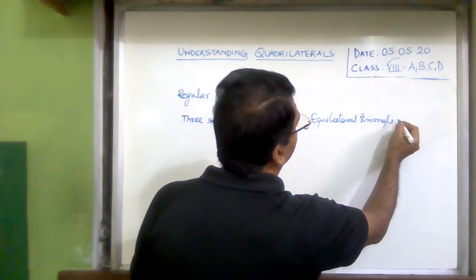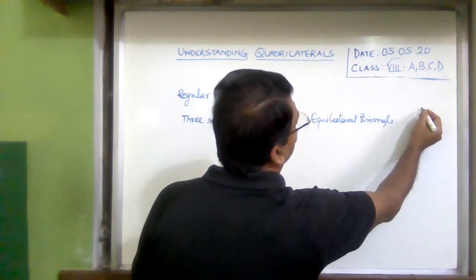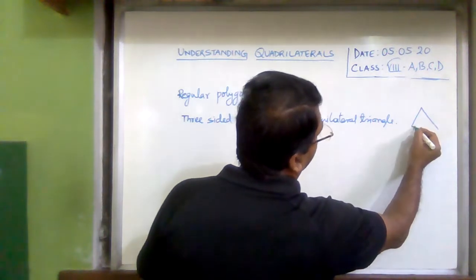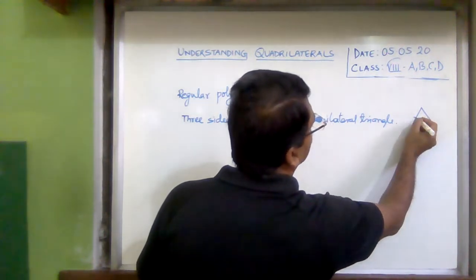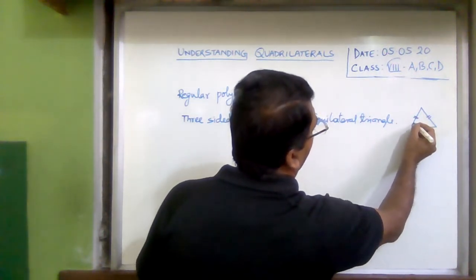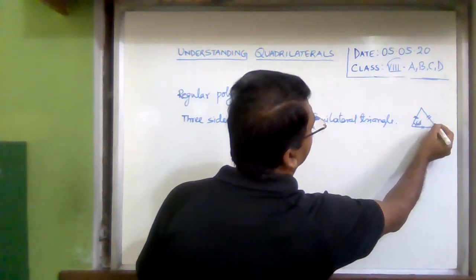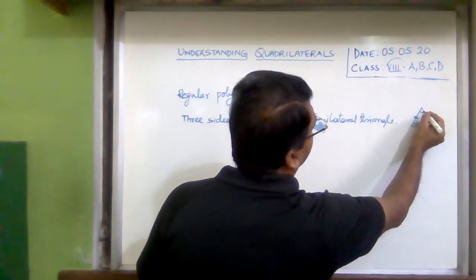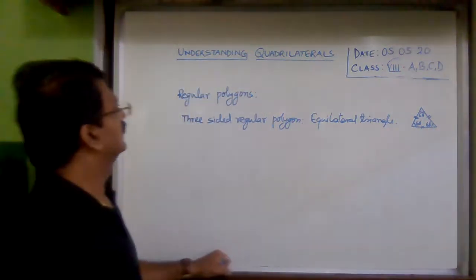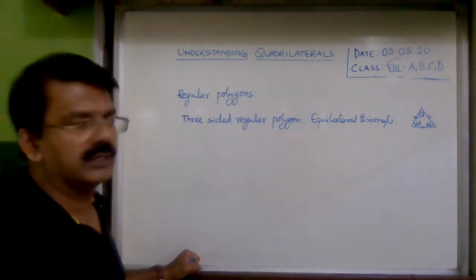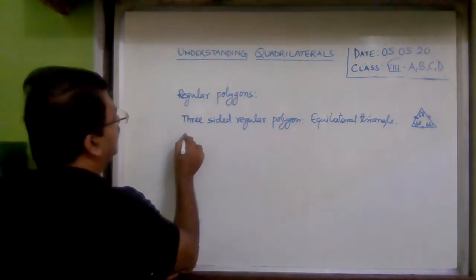It is an equilateral triangle because in an equilateral triangle all three sides are equal and all the angles are equal to 60 degrees. So it is a regular polygon. Now, a four-sided